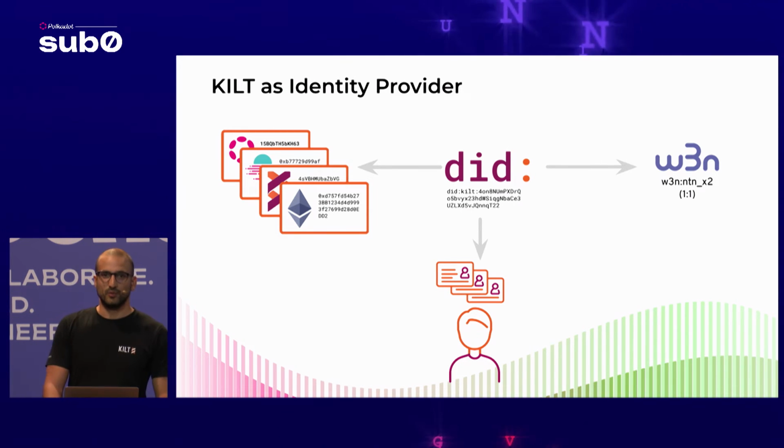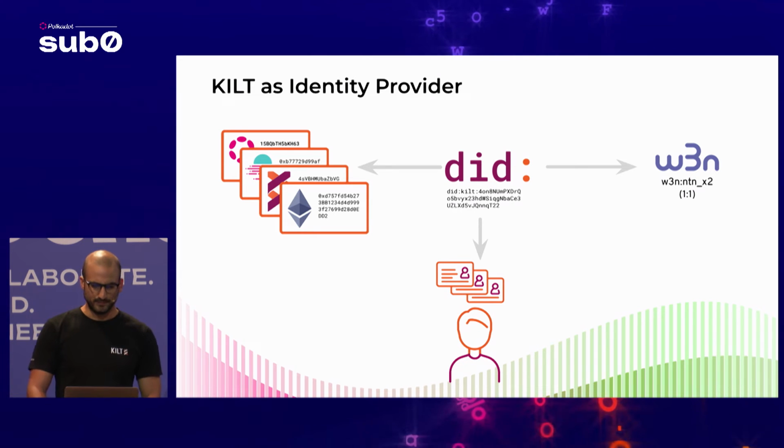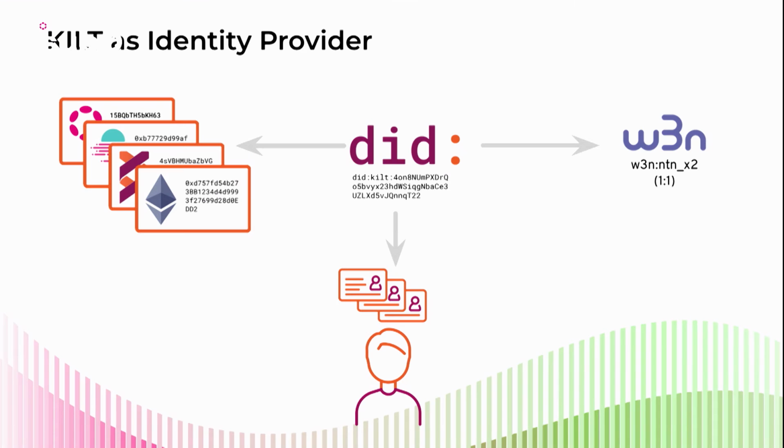So KILT, of course, will implement the provider side of the DIP because basically we don't want to gatekeep it, and everything we do is industry and standard compliant with the latest development. We have DIDs, which is a W3C standard for decentralized identities and identifiers. We have Web3 names, which are like aliases, user-friendly names for those DIDs. And also, as of a few weeks ago, you could actually use a Web3 name to send any sort of tokens that a user has published under their Web3 name.